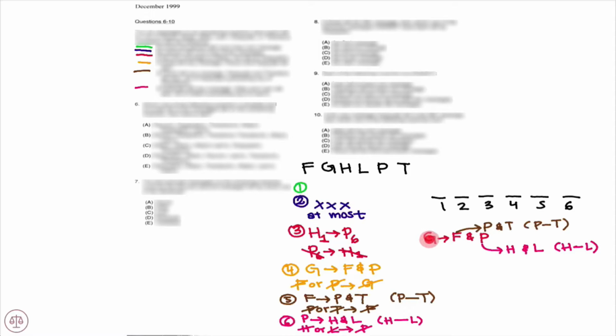Then we have 1, 2, 3, 4, 5 people leaving a message. So Greta leaving a message on this answering machine makes sure that there are 5 other people leaving a message on the answering machine. So that makes it Greta 1, Flor 2, Pascal 3, Theodore 4, Hildy 5, and Liam 6.